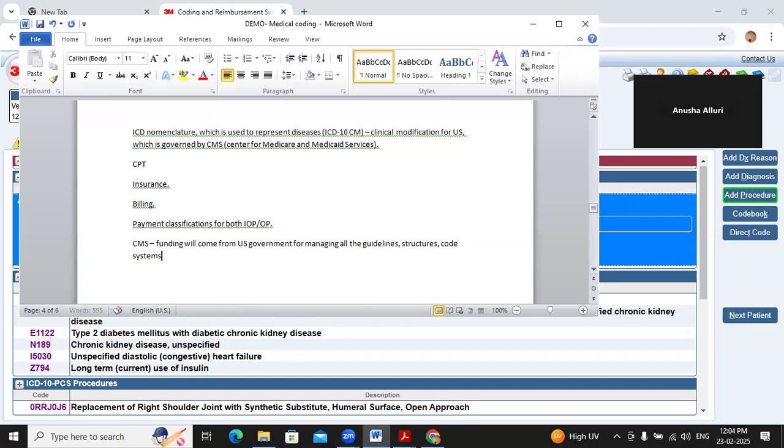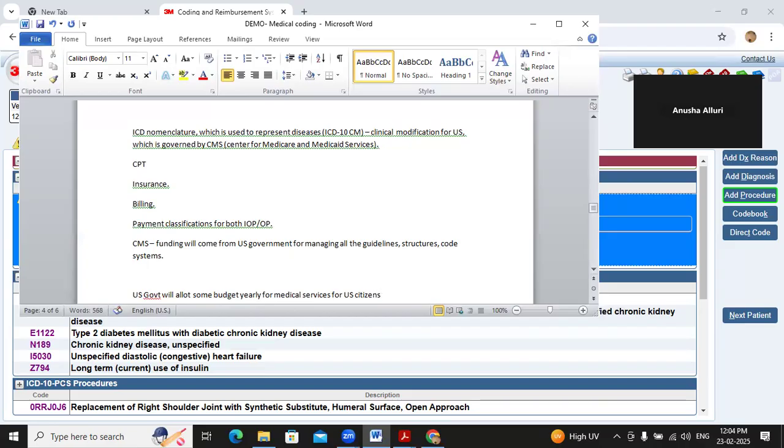In the US, the government will allot some budget yearly for medical services for US citizens,